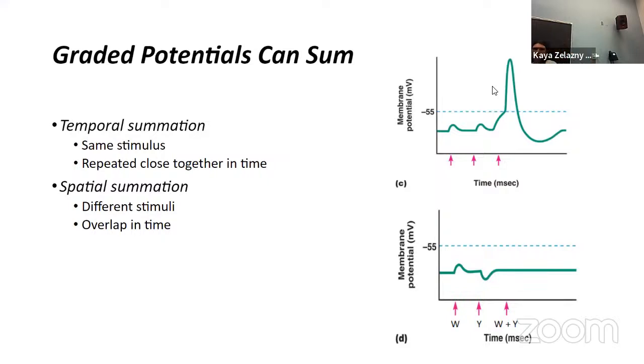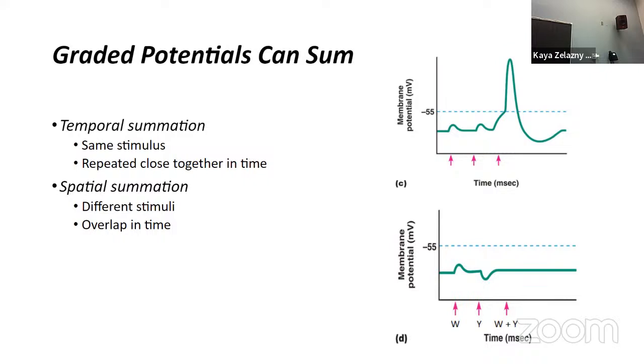So we just had these tiny little bumps, not getting us up to the threshold. These graded potentials would be pretty useless. They would do nothing. So we're able to add them together. Your cell is not going to react necessarily when you get just one signal, but it's going to be adding together multiple signals, multiple stimuli, coming either from multiple different parts of the cell, so coming into two different locations, say to the right and the left at the same time,